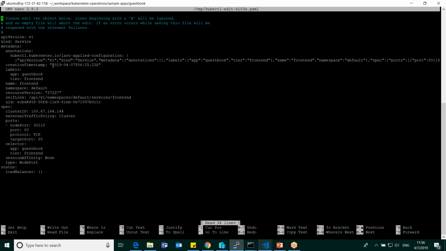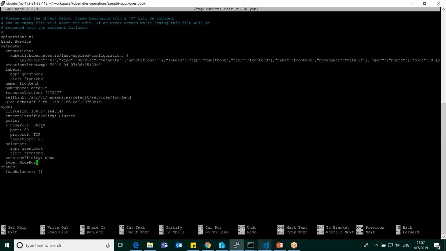So this is the actual state currently in the cluster. This is not the YAML file we just provided, but the actual state, right? So you can see the cluster IP, everything allocated, and also the type of the service is NodePort. That means in this particular host, if you access that particular port, I can see the service